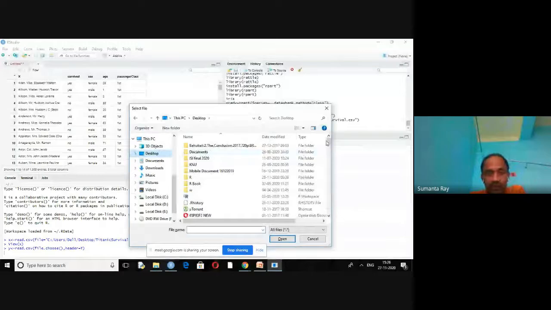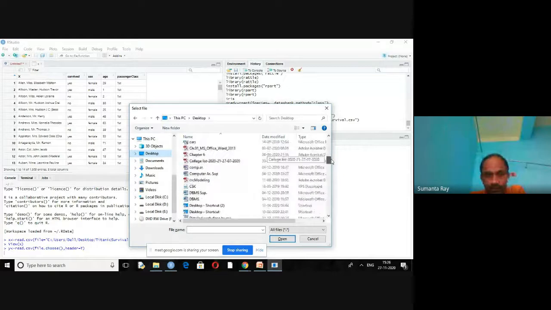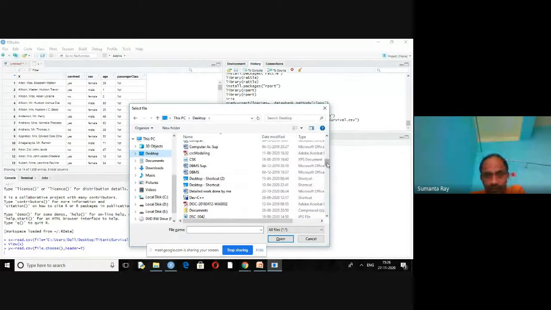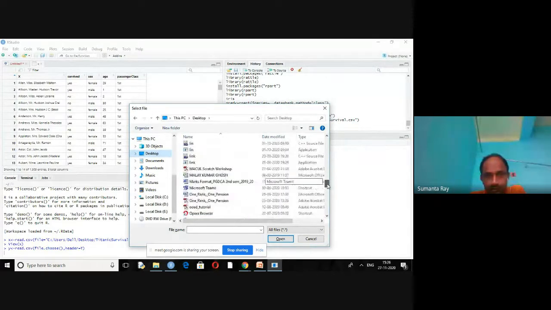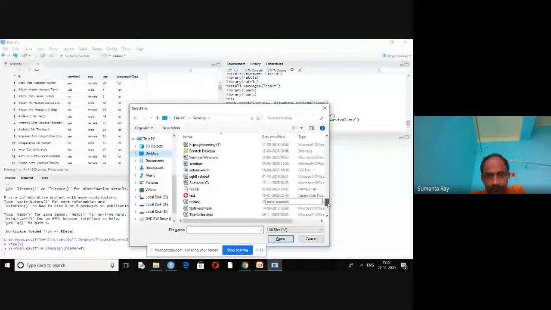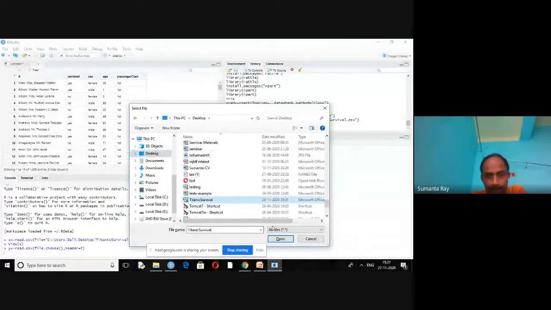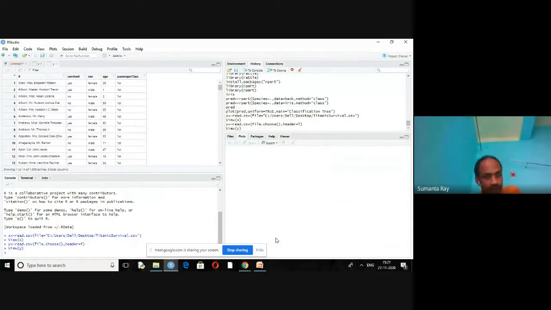It should be a CSV file. You just choose this one. Clear? That has been imported. If you want to show this file, that has been displayed. So in this way also you can import a file.